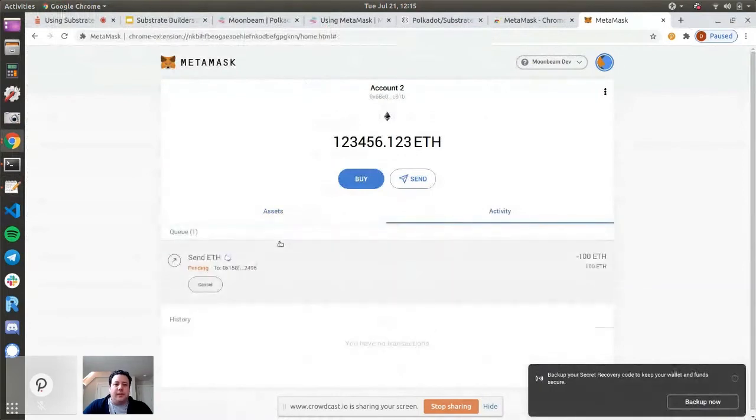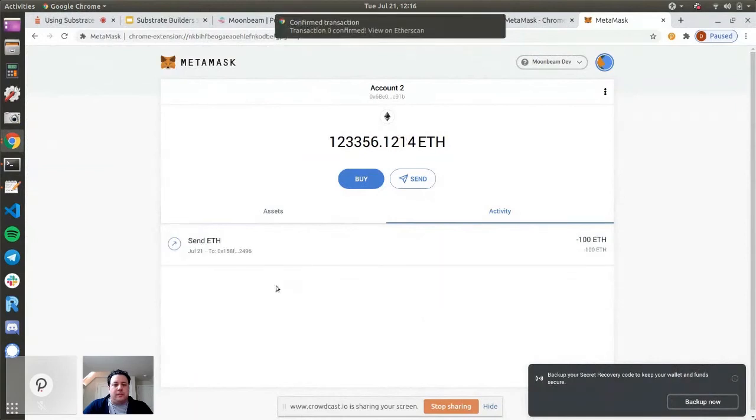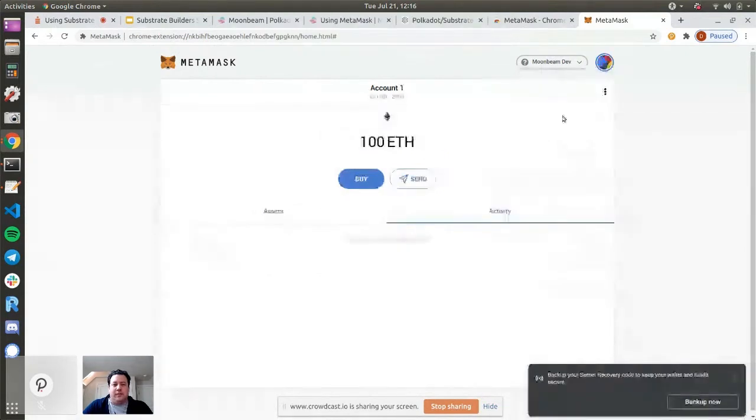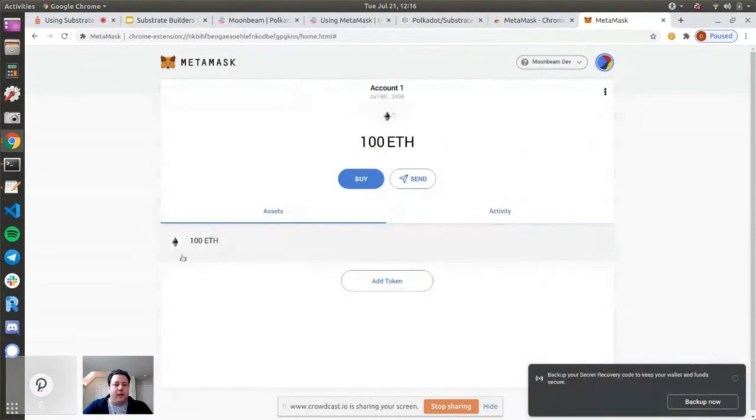And yeah, I think that the MetaMask UI just recently changed in the last couple of days. So it looks a little bit different now where they have this tabbed approach. But you can see here that this transaction was just sent. It was a 4 before, so the balance went down. And if I flip over to my other account, now there's 100 tokens in this account. So that was just using the Web3 RPC that's part of Moonbeam to perform a transaction.